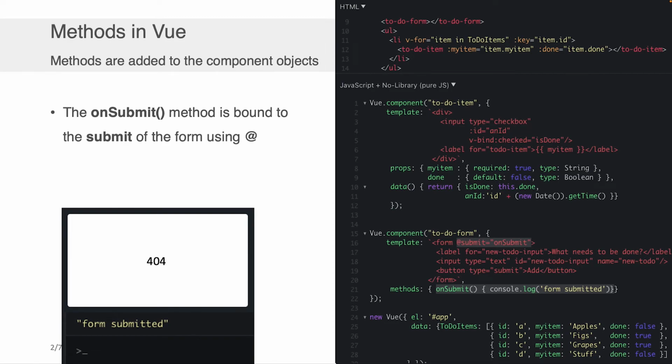Now, obviously, moving from the to-do list with a static form entry to getting it to do something interesting, to have an event like we have in regular JavaScript, that's sort of the missing piece here, right? Now, if we want to start dealing with events, we have to talk about methods in Vue. A method